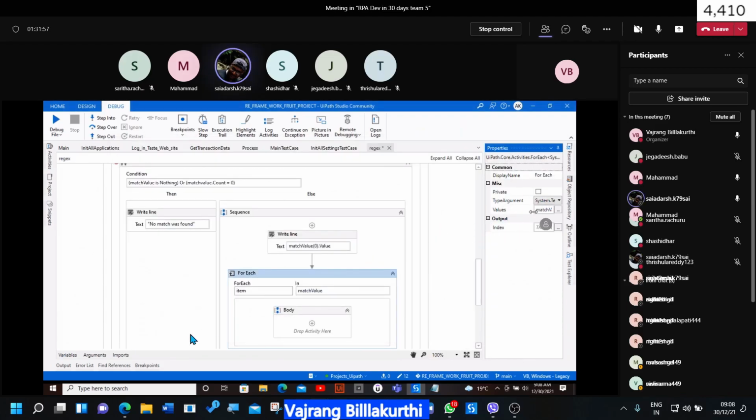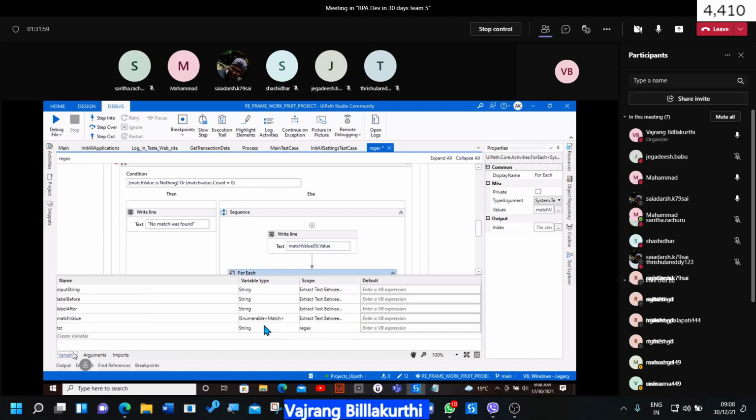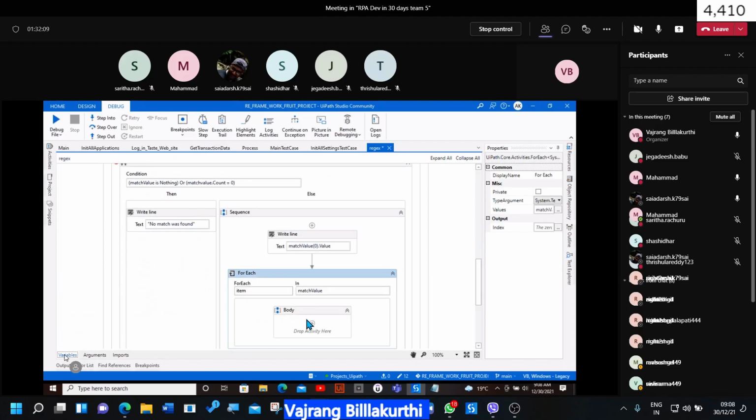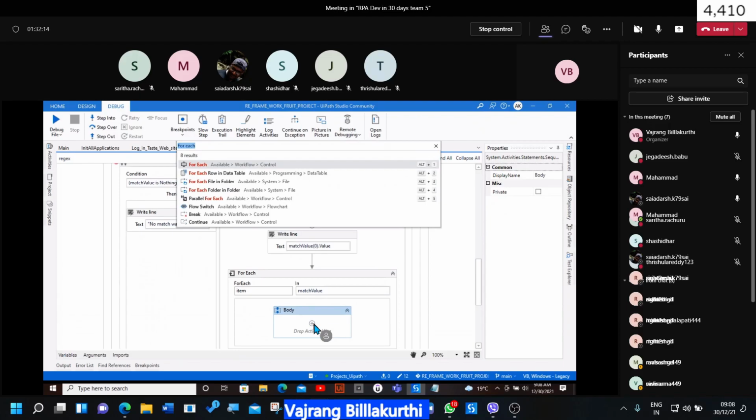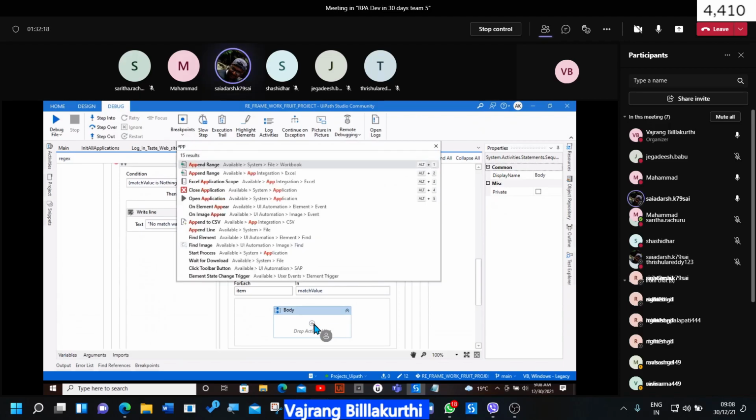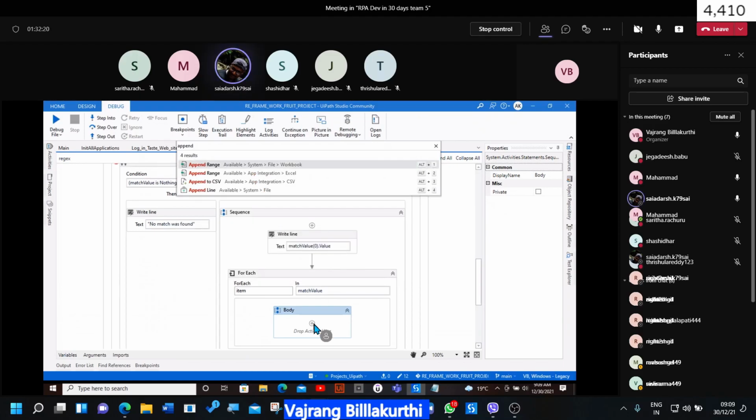How am I selecting that one? If you go into the variables, here you have an enumerable of System.Text.RegularExpressions.Match, right? Yes. So that's what I'm mapping it to. And here, let's go ahead and write it into a text file, append line.